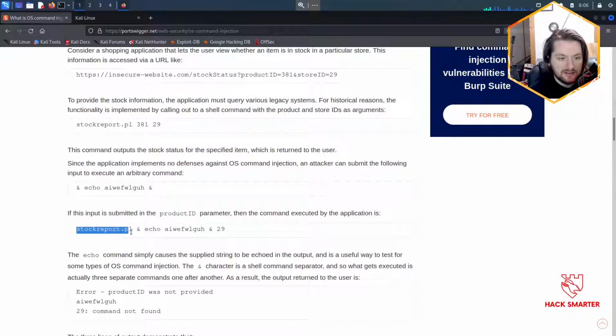We're still calling the stock report Perl script, but now this is probably going to fail because it's expecting 2 positional arguments. We're not giving it those positional arguments. Instead, we're breaking away from this command and saying echo this. So now the terminal is going to echo this string, and then we're providing & 29, which probably is